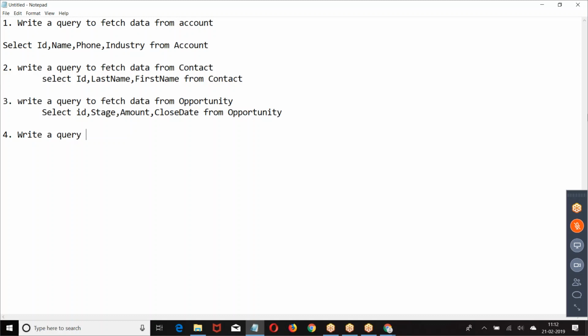Write a query to fetch the data from user. SELECT ID, last name.